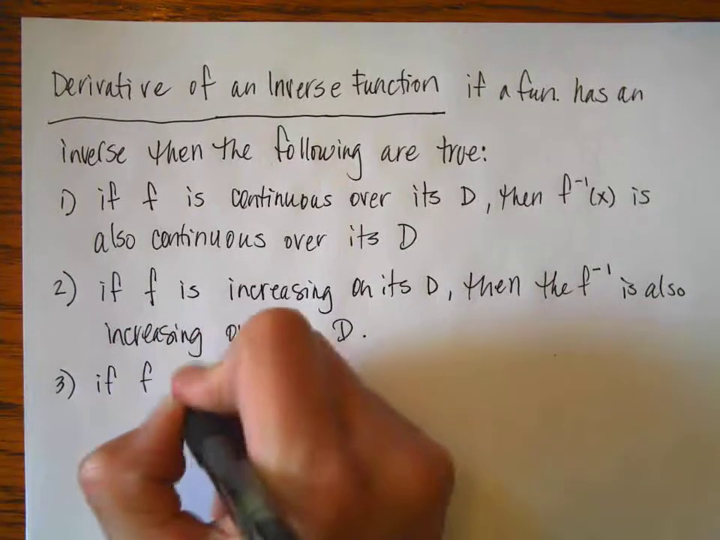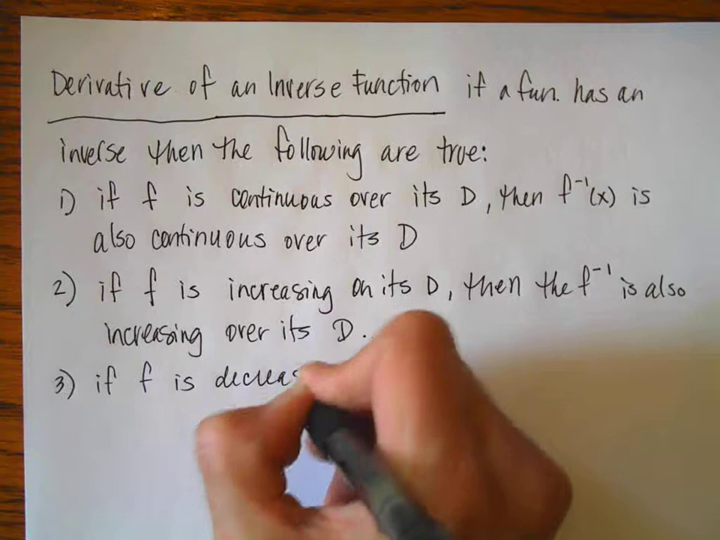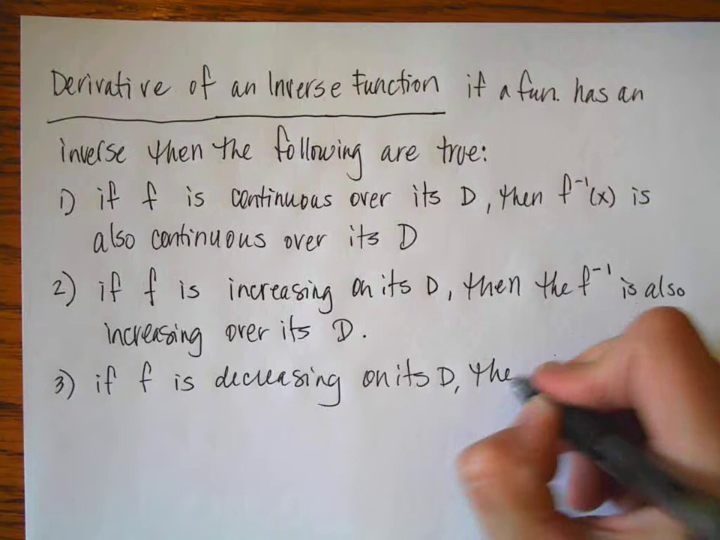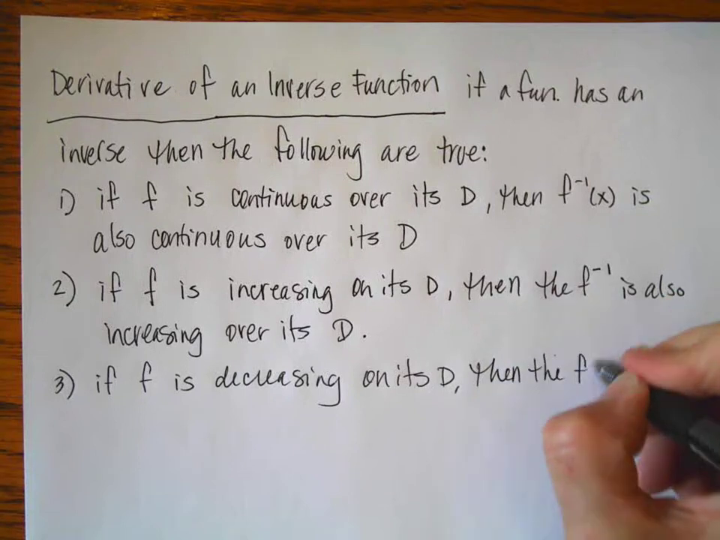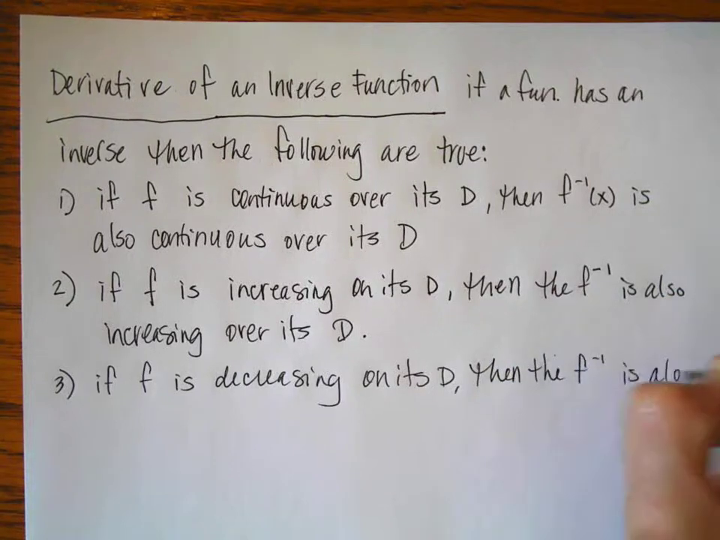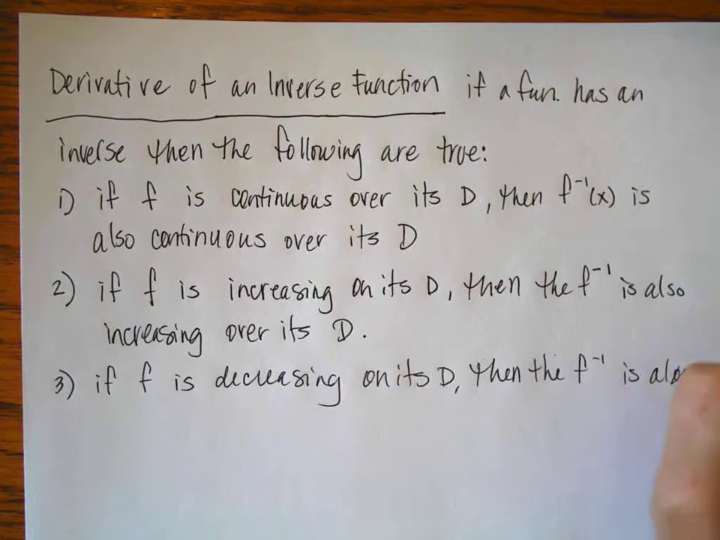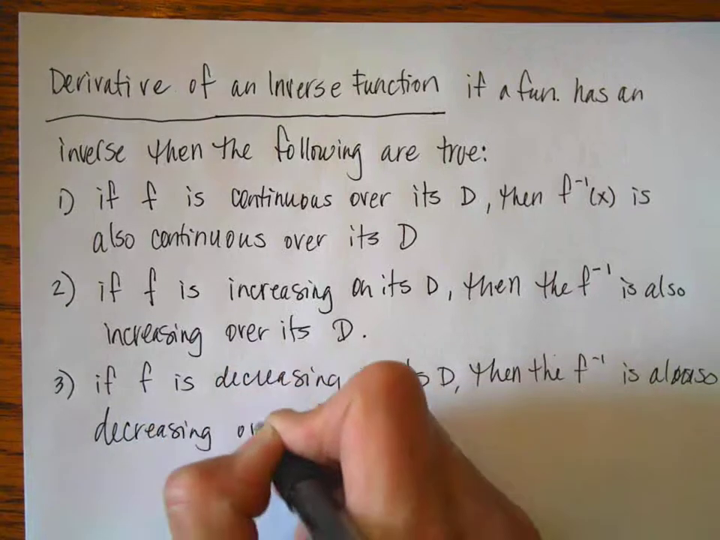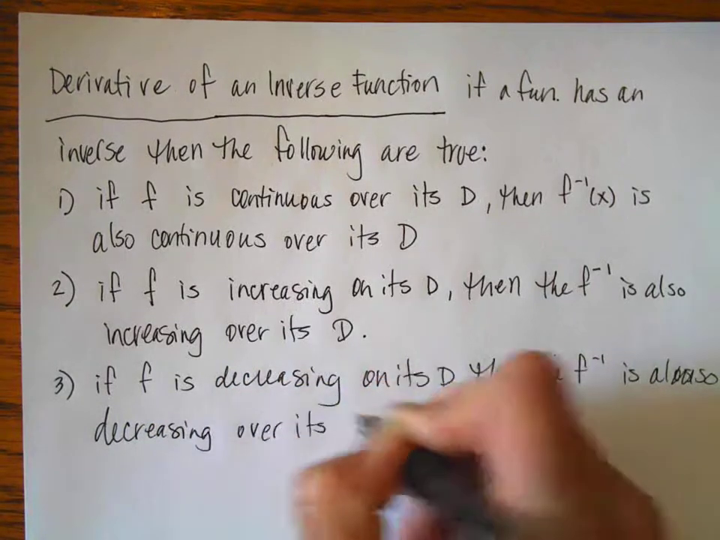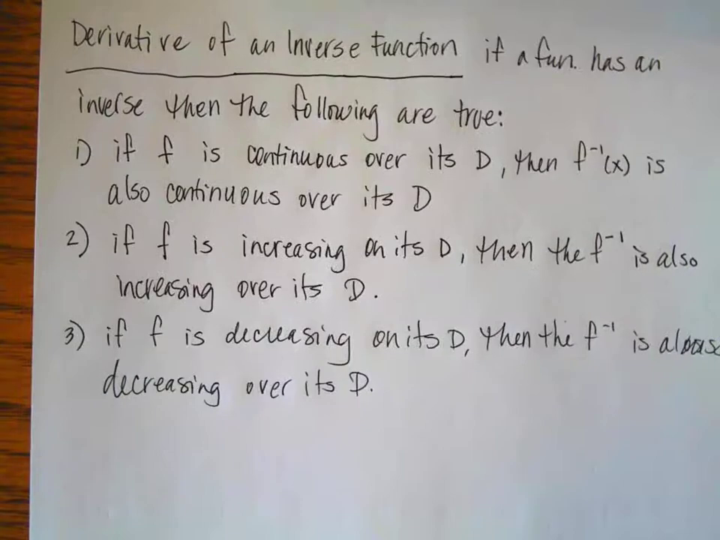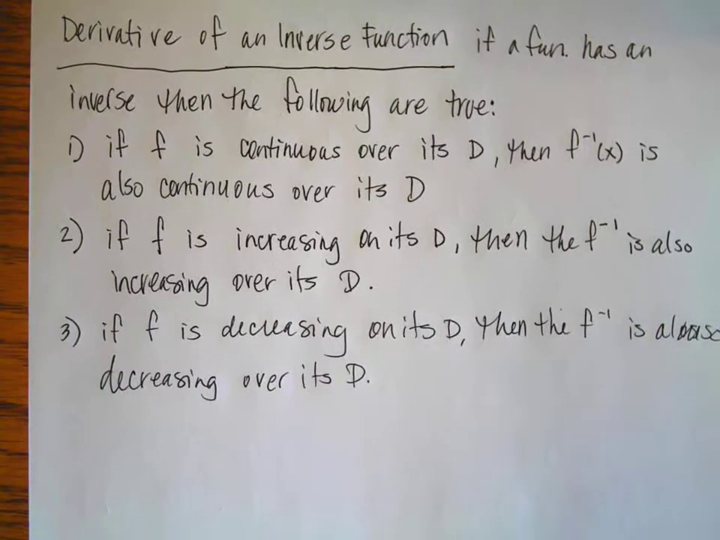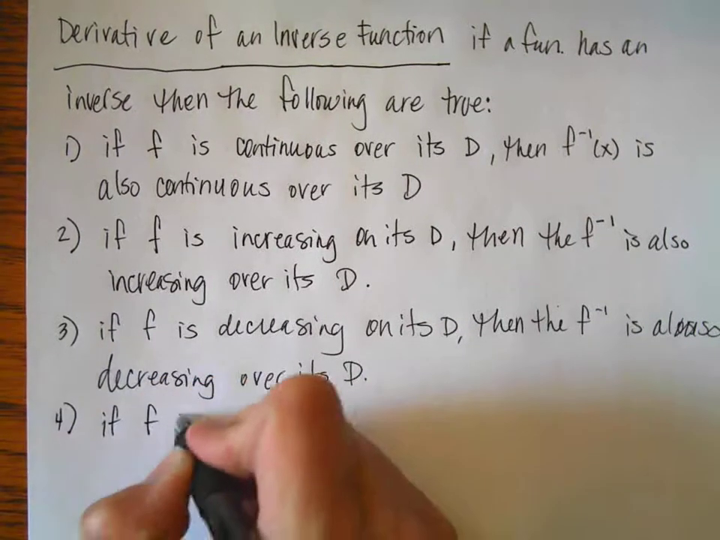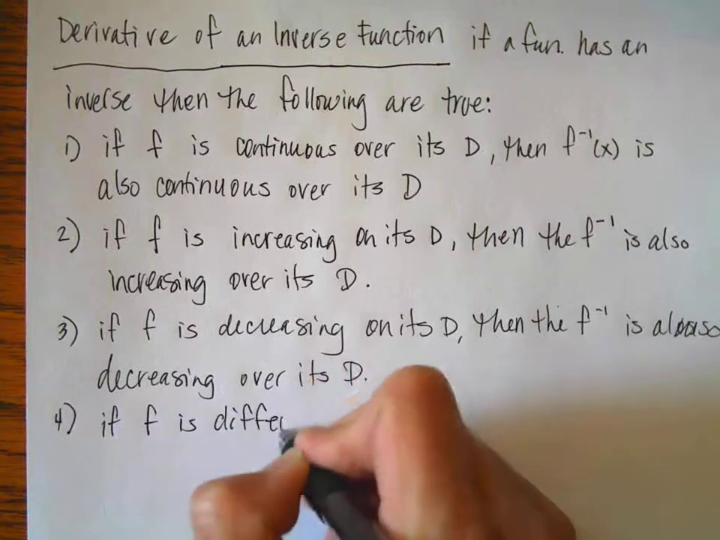The same thing would be true if f is decreasing on its domain, then the inverse is also, can't spell, also decreasing over its domain. Monkey see, monkey do. Two more. So the next one, number 4, it says if f is differentiable on an interval containing c,